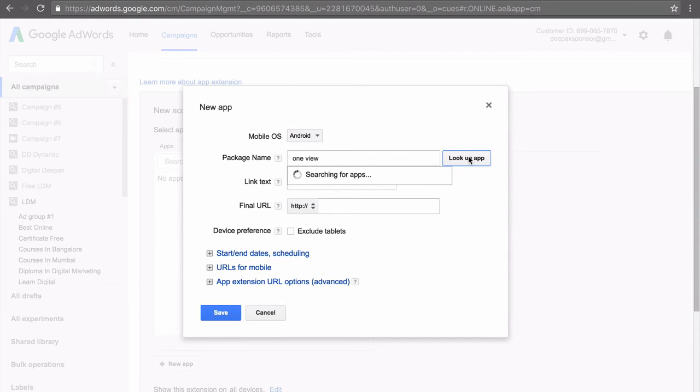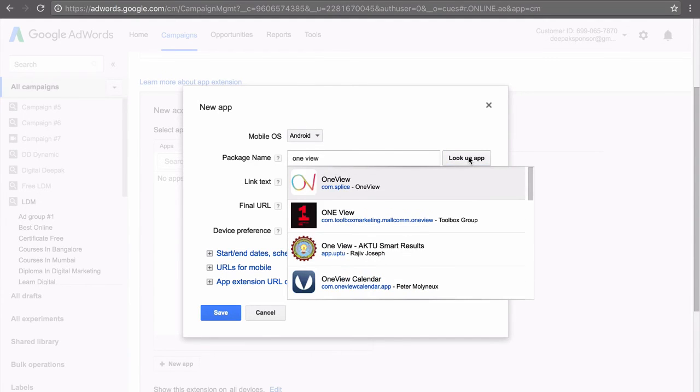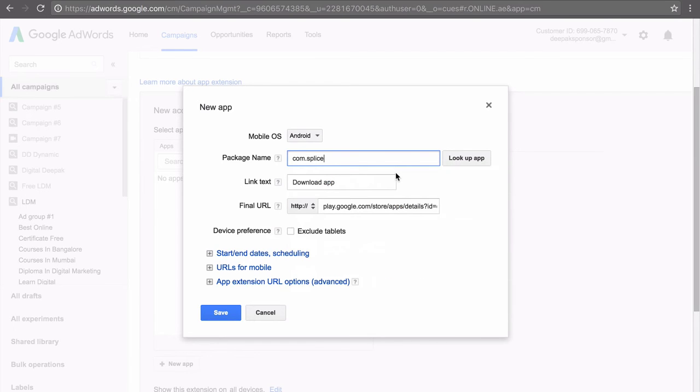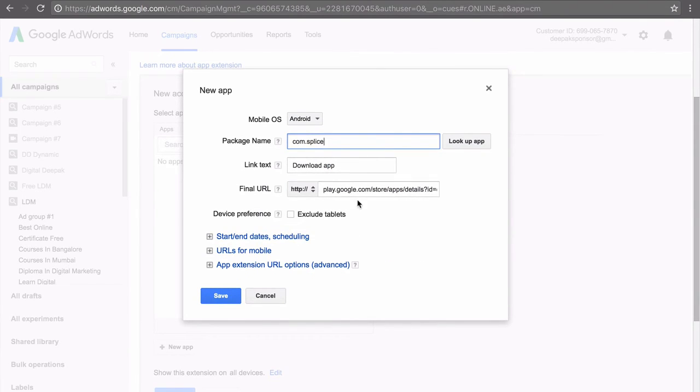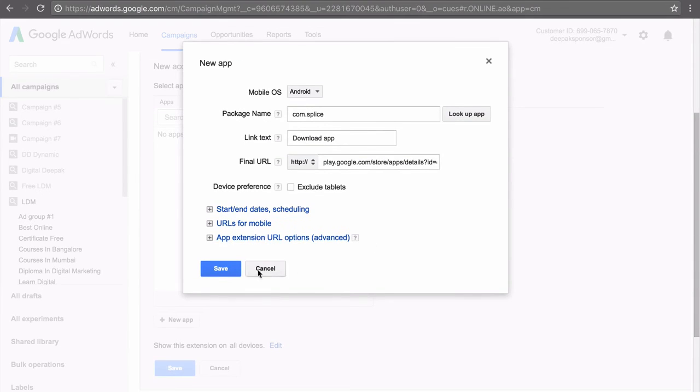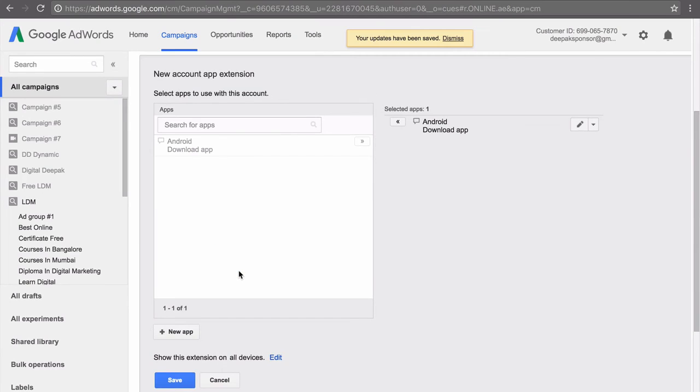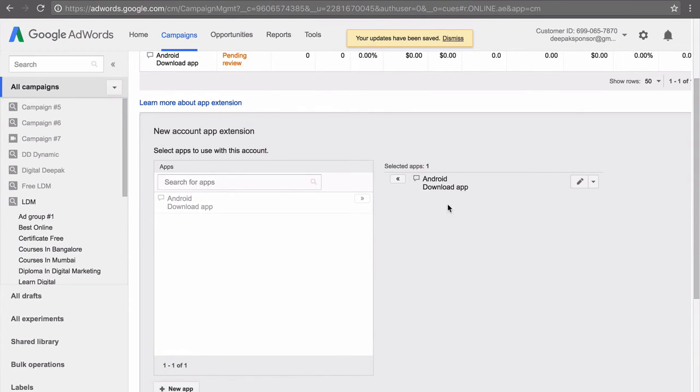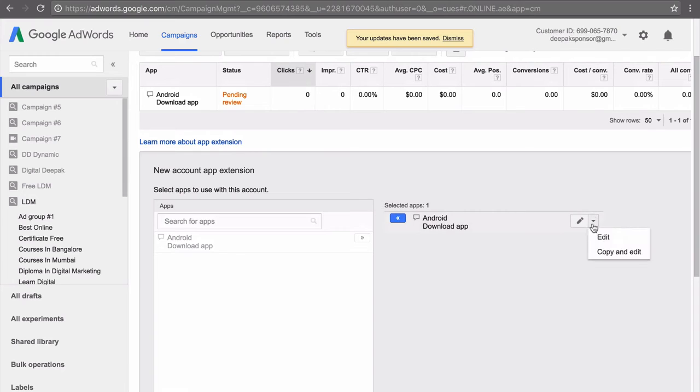I'm just searching for one of the apps which is not mine, but it is one of my friend's apps. I'm adding it here, and this is the final URL that it has given. I can click on save, and this particular app is added as an extension, as simple as that. We'll remove it for now.